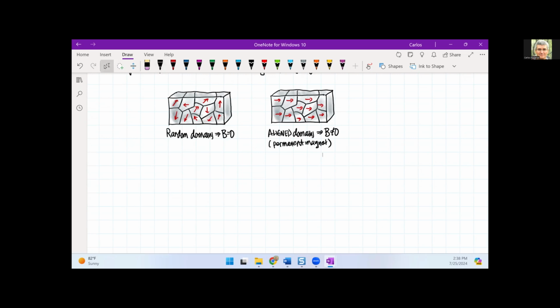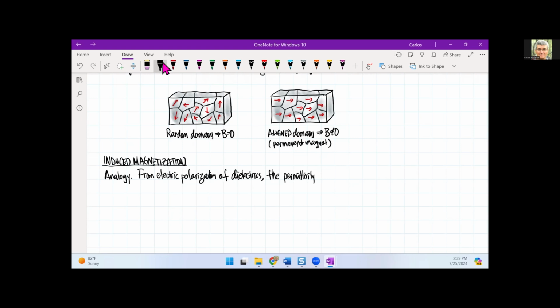So now let's get to induced magnetization. Now we could start to get to where we could start to talk about the physics. So I'm going to start with an analogy, from electric polarization in chapter 1 of dielectrics, the permittivity value, epsilon,